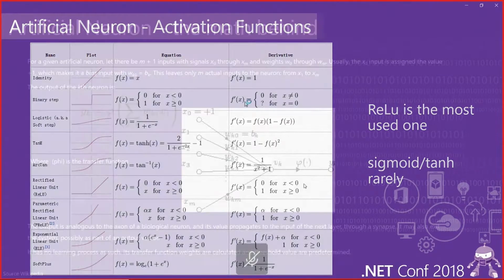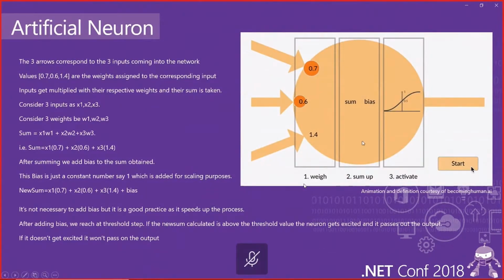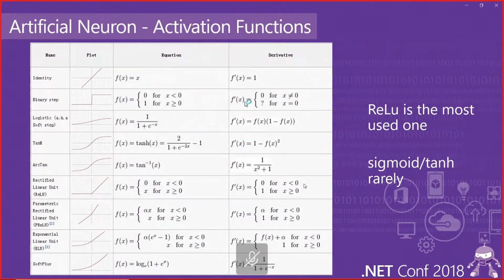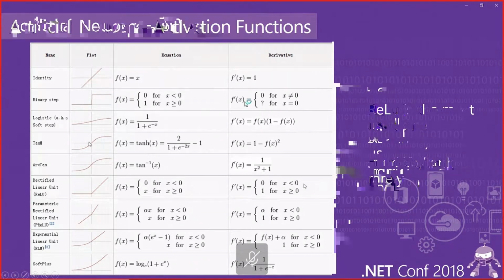The activation function that we saw over there is another part of the process of the neuron, and usually there are several activation functions. The most used, 90% of the time, is the ReLU, or the tanh, or the sigmoid. The tanh goes from -1 to 1, the sigmoid goes from 0 to 1. These are the most used, and there is something to say about this, about artificial intelligence.